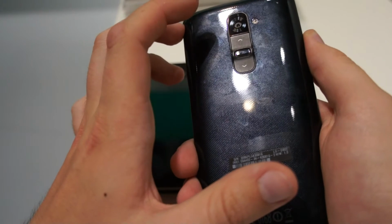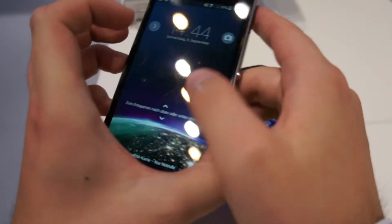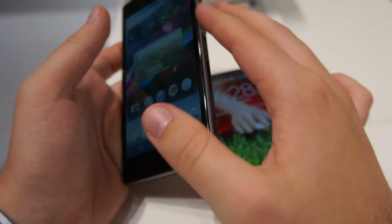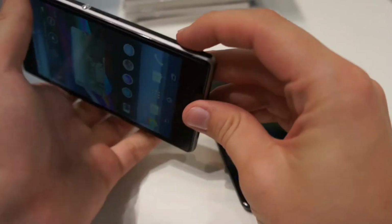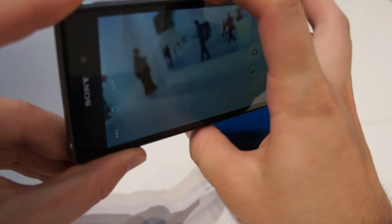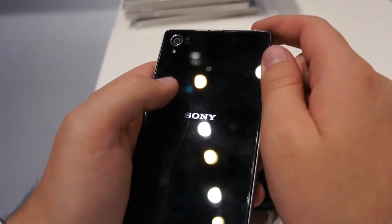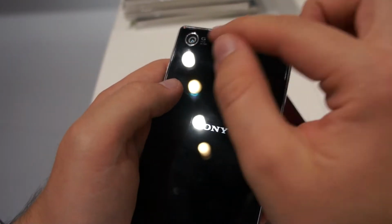We've got a 13 megapixel camera on the LG G2, and this is the time where the Xperia Z1 comes in. We've got all the usual buttons. We've got a camera shooter button on the right side, and we've also got a better camera. So this is a 20.7 megapixel sensor with